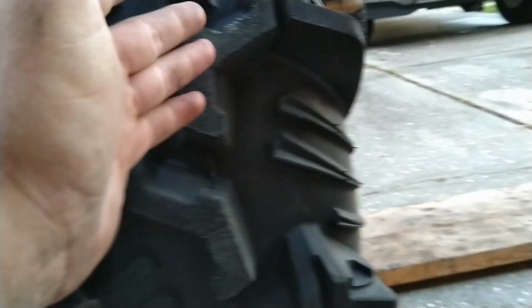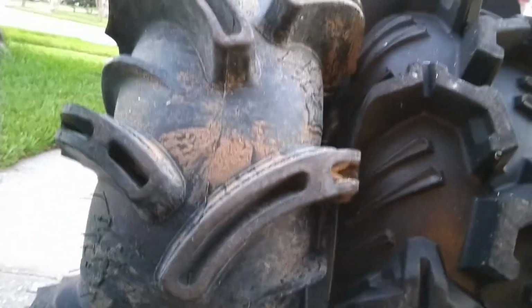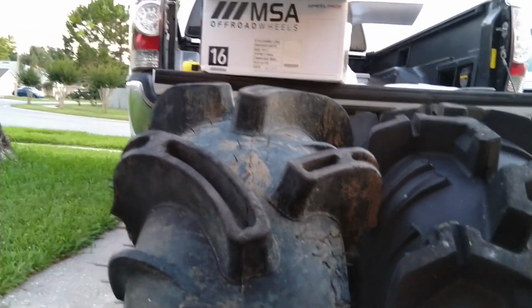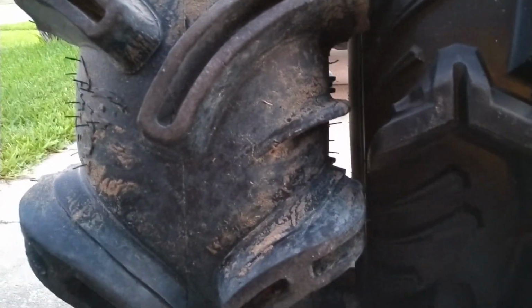Aztec runs a little short, maybe an inch short. It's probably a true 31. This 32 measures a little short. It's probably a true 31.5. Also, a lot of people say these 32 Silverbacks are really short. Not really the case, obviously. Mine aren't ballooned out that much. Still a pretty flat tread profile, and they're on a regular 7-inch wheel, and they're at 4 psi, and they're pretty tall. So whatever. Okay, but I love the Aztecs, and fun fact: